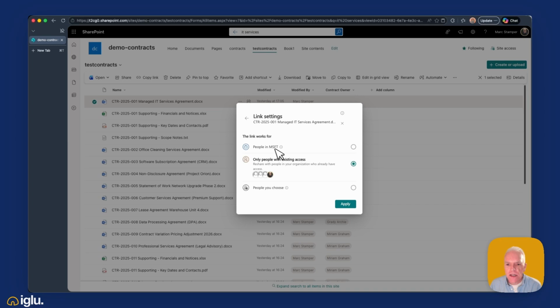So you can set it to people within your organization. I can set it to that, only people with existing access, or people you choose. Now, I would recommend that you leave this as only people with existing access, or specific people that you choose. That will prevent you from oversharing, and that's something that your admin has most likely set for you at the tenant level. So all you need to do is click on the copy link, that's copied to your clipboard,